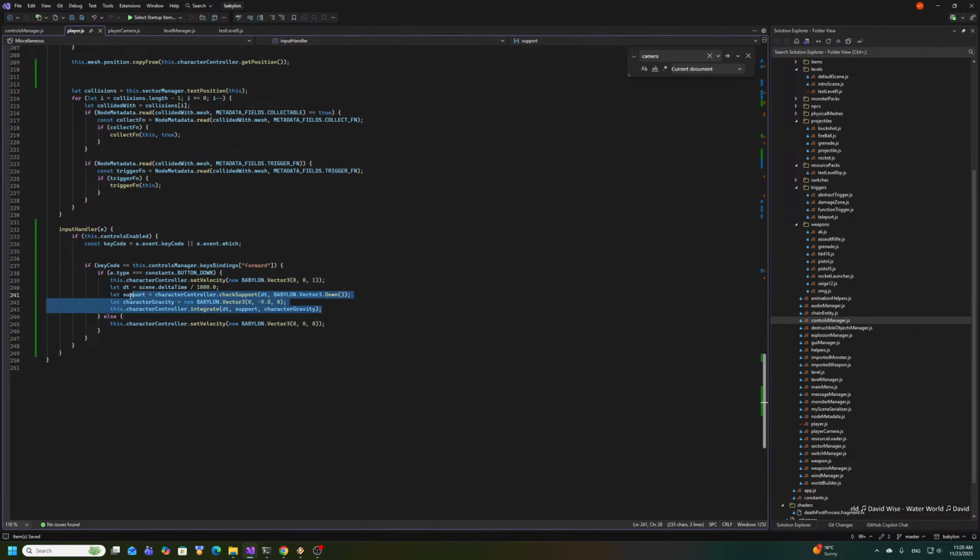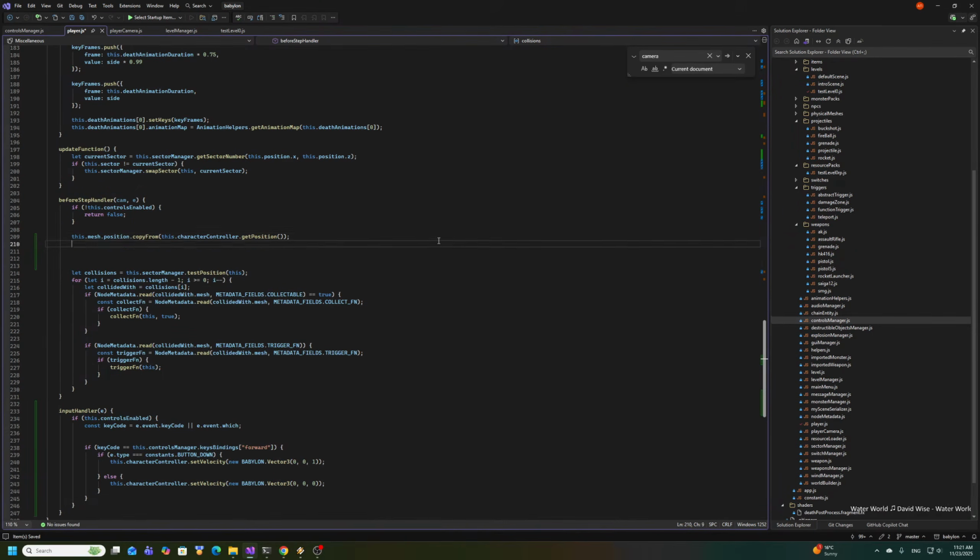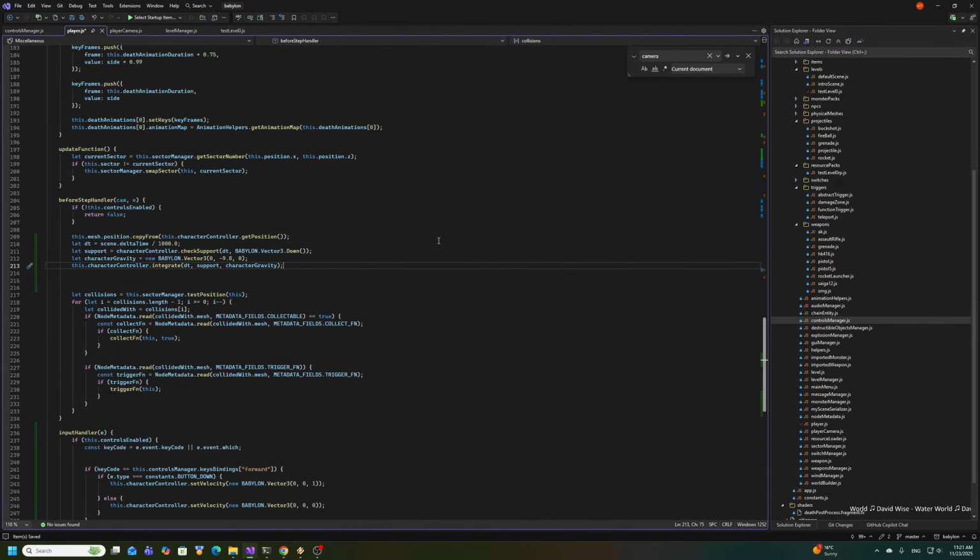But actually, set velocity. We should do it here, in the before step handler. We do this. We can actually move it here. Okay, so